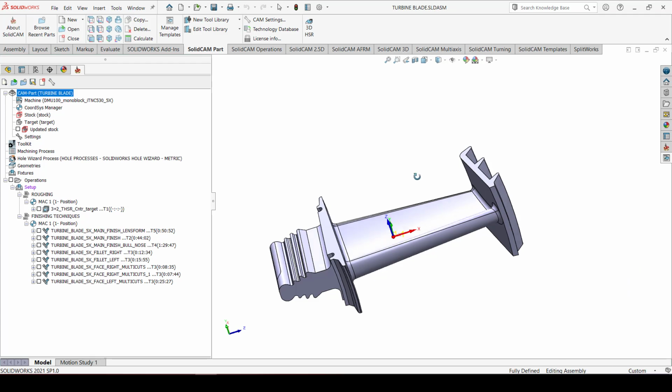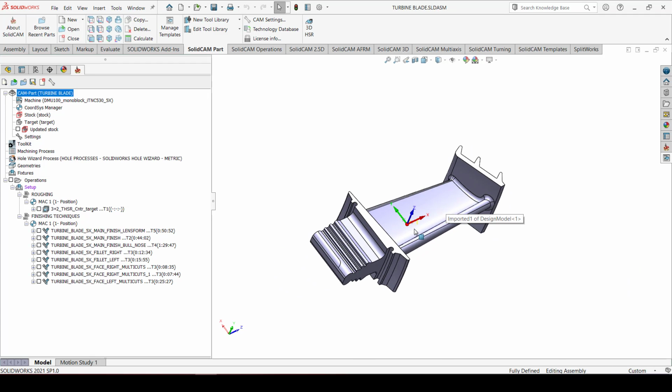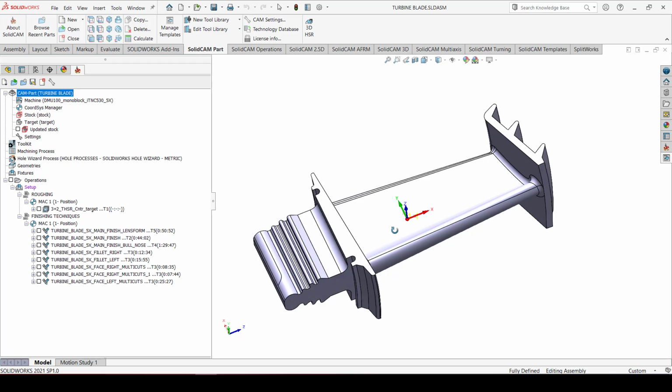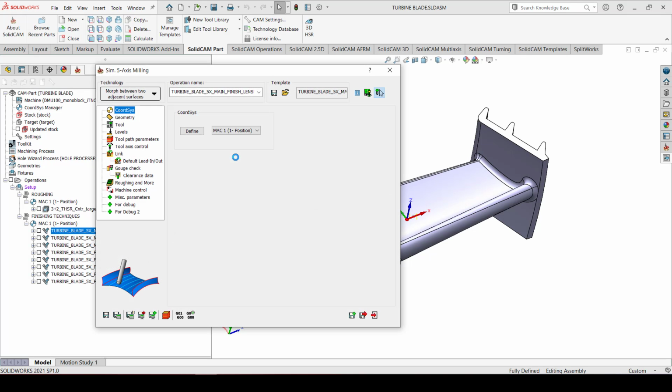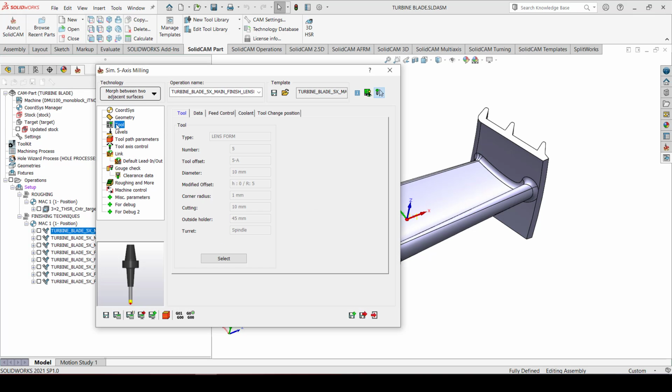This is a turbine blade, and a turbine blade can be completely machined using the generic 5-axis functions. For example, we could use the new generation tools that are currently very popular in the market, like barrel tools or lens form tools. In this case I'm using a lens form tool, with a large radius at the bottom, and we have finished this part